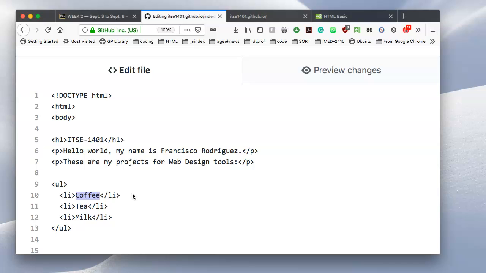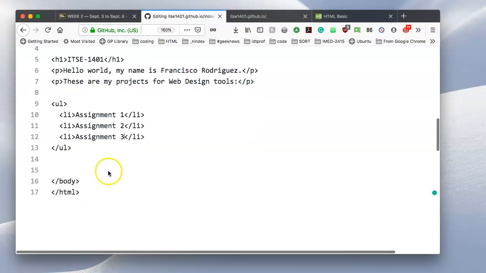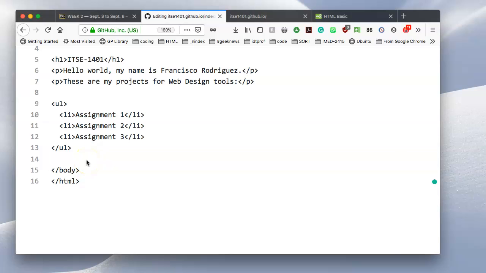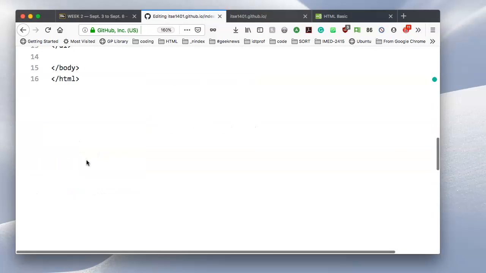So we'll see. First we have, just for now, I'm going to say assignment 1, coffee, tea, milk. And this will be assignment 2, and then assignment 3. As we go along the class, we'll be replacing all these things and adding links so that you can tell me, click here to see my work. I'm done with this. These extra spaces don't harm anybody, but I'll just delete a couple of them